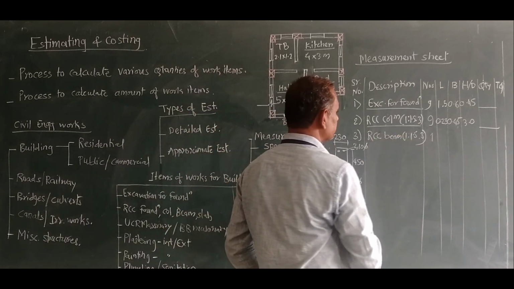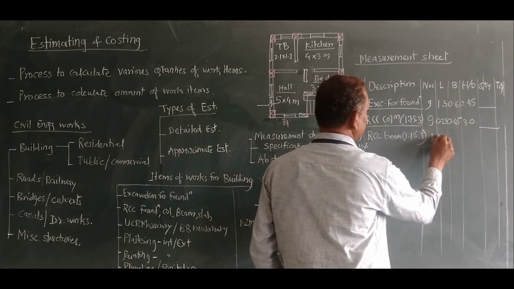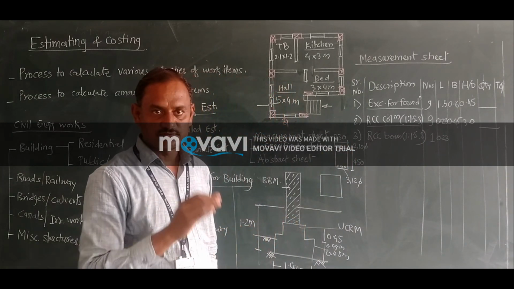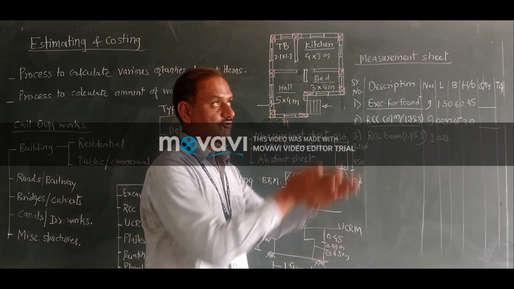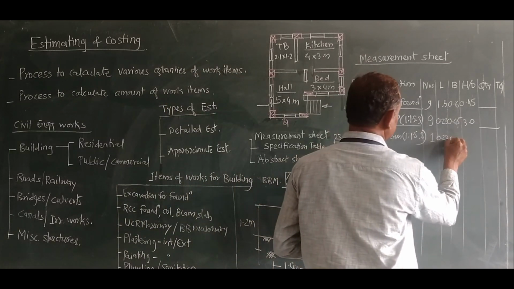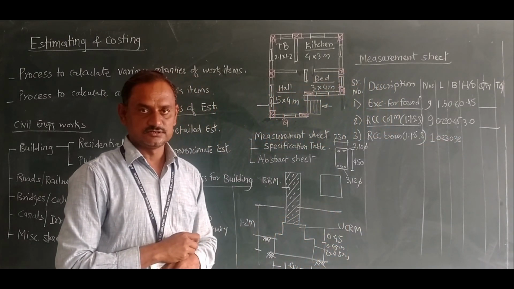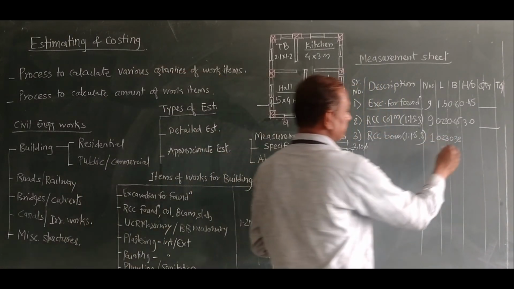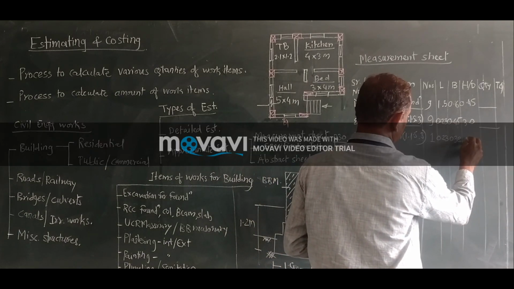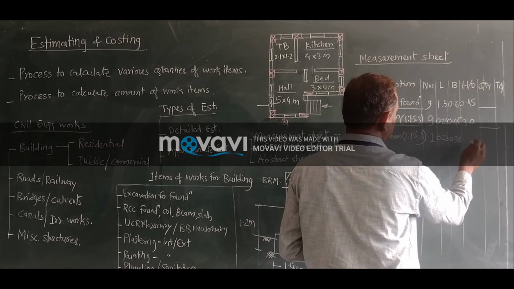So the calculation of beam quantity, number is 1, width same as that of the width of wall, we are going to place the width of B. Then depth as given by RCC consultant, that is 0.38 meter, and height or depth, height or depth, that is